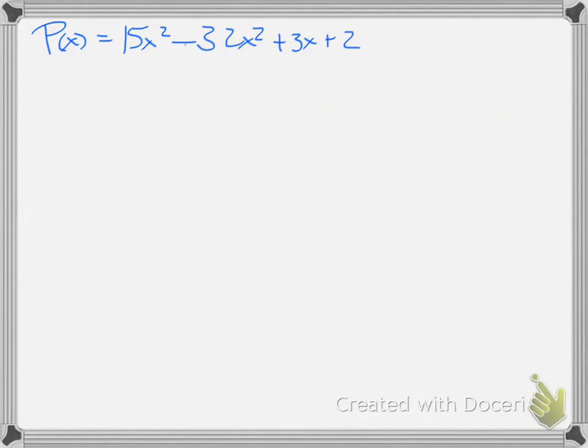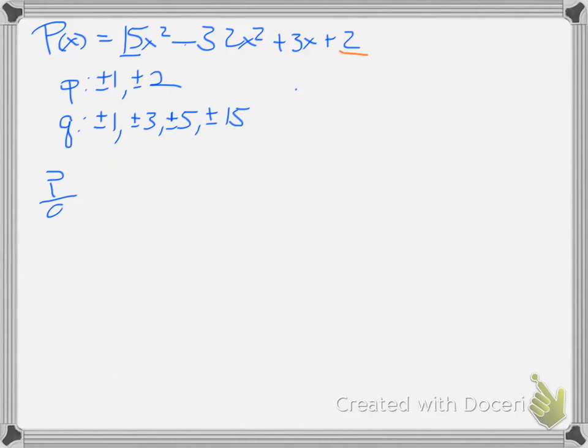I'm going to do the same thing for this one. Let me list my possible p's, which is plus or minus 1 or plus or minus 2, the factors of 2, my constant. So now I'm going to find my factors of my leading coefficient, which is 15. So I have plus or minus 1, plus or minus 3, plus or minus 5, plus or minus 15. So when I'm listing my p over q,